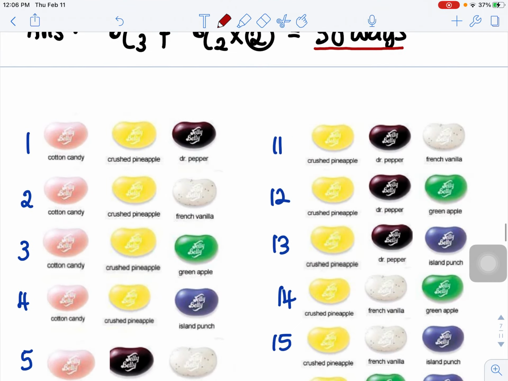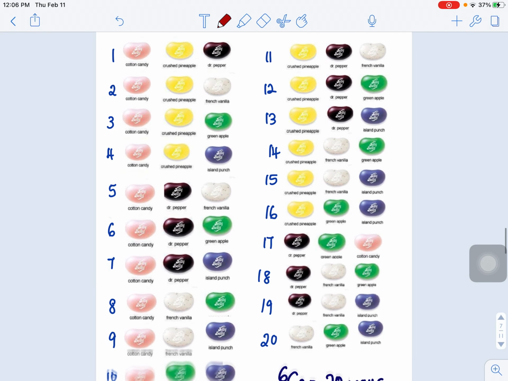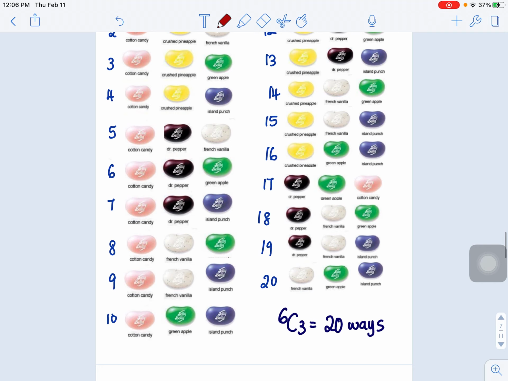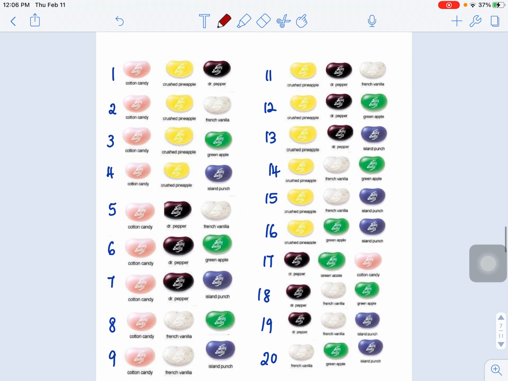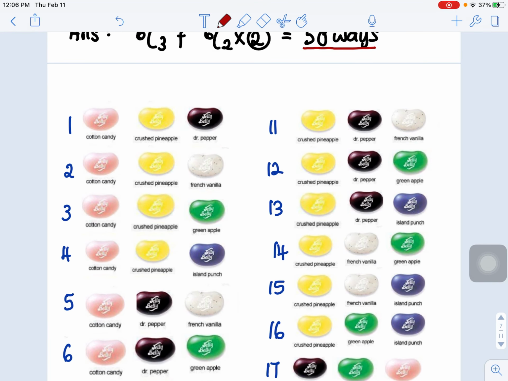Those who don't understand, I hope this tells you the meaning of 6 choose 3. Can you see? 6 choose 3, we got 20, right? These are the different ways of selecting 3 different flavors. I select a flavor that indicates this is my sweet 1, sweet 2, sweet 3. See, all of these are different flavors. The flavor 1 that you selected is exactly your sweet 1. The flavor 2 is exactly your sweet 2. The flavor 3 is exactly your sweet 3.